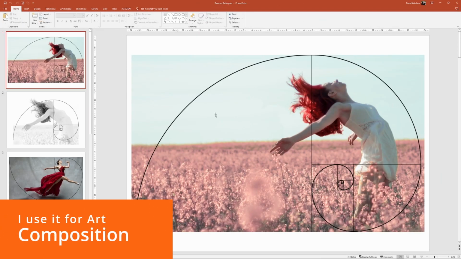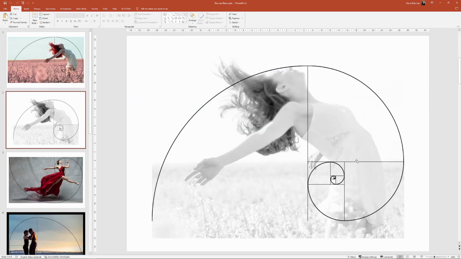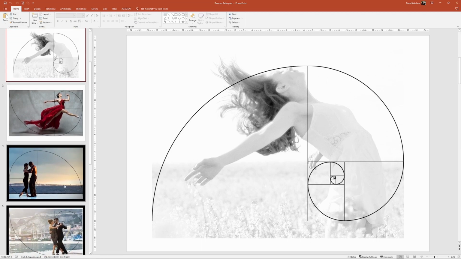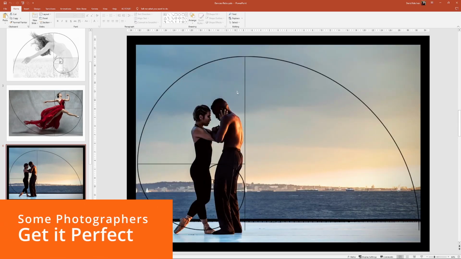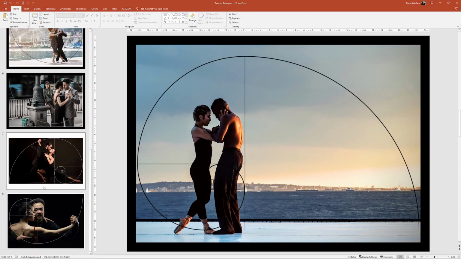So here's one of my composition albums that I have, also in PowerPoint. You can see I'm using a really old version, 2016. I just crop photos in as I'm looking. This one, cropped beautifully to the horizon. Sometimes photographers just get it perfect when I'm looking for subject material. And that photographer got his thirds in beautifully. These dances coming up,